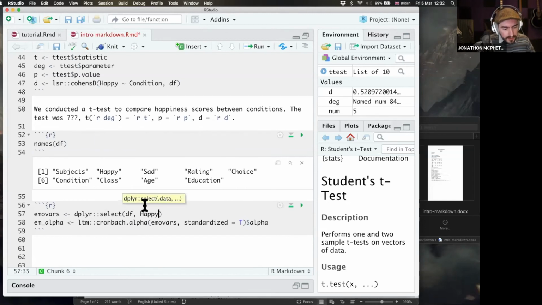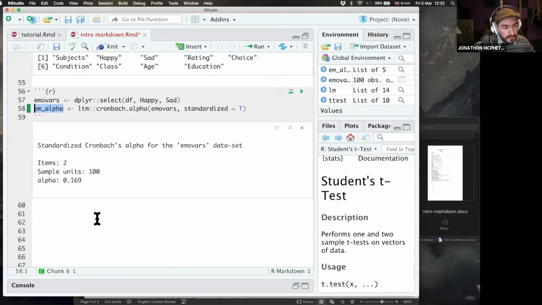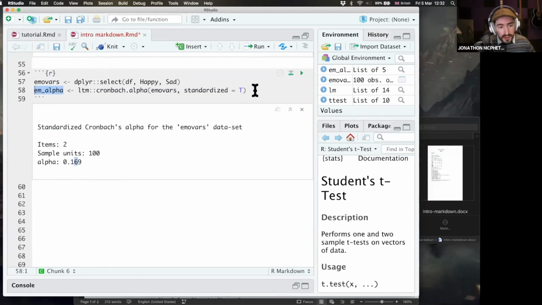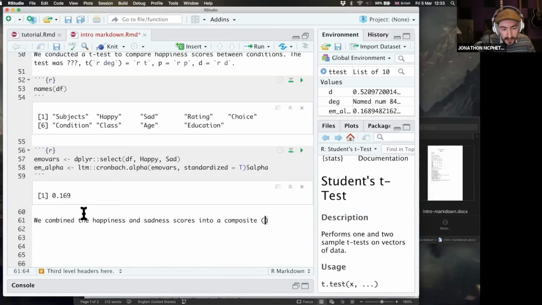We can select happy and sad. And then we can do the alpha analysis on that, which is going to give us our alpha score. We could look at the structure of that, and we can find that the value is called alpha. We can save just that value to an object, and we can say, we combined the happiness and sadness scores into a composite. And then we can type in the alpha value equals